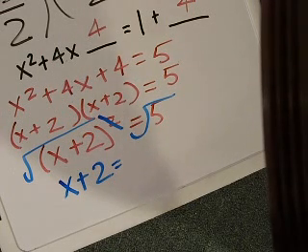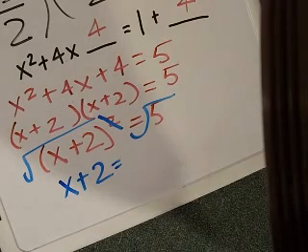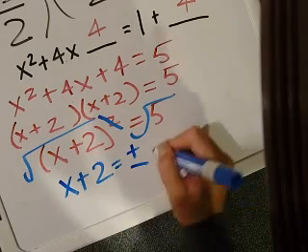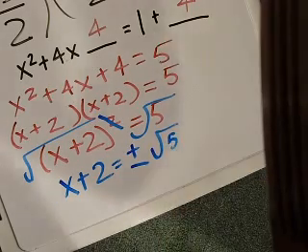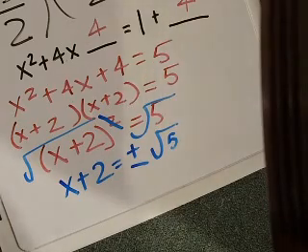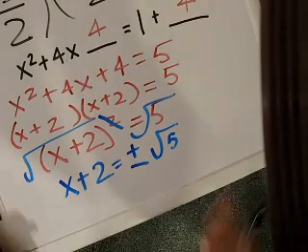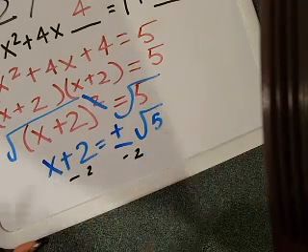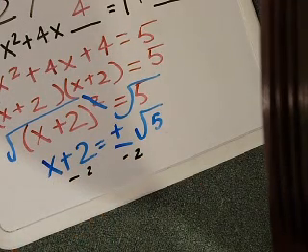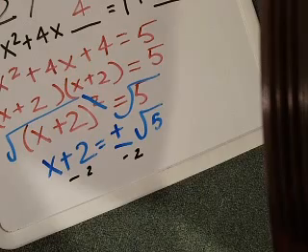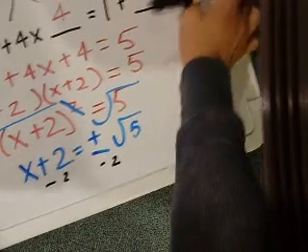But when you're taking the square root of this number, it can be both a positive and a negative, so you have to put both. Now we're still trying to get x, so you have to bring that 2 over to the other side. But you cannot just bring it over, because you have to remember that that equals both a plus root 5 and minus root 5. So this equals